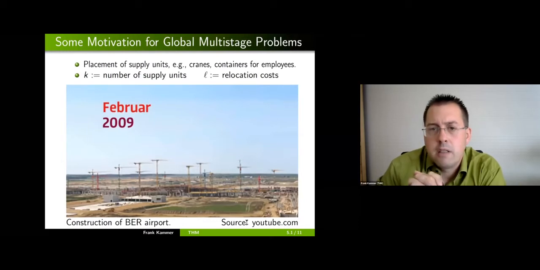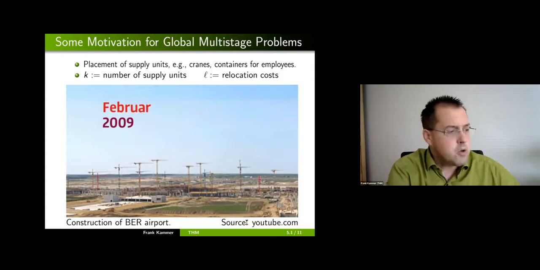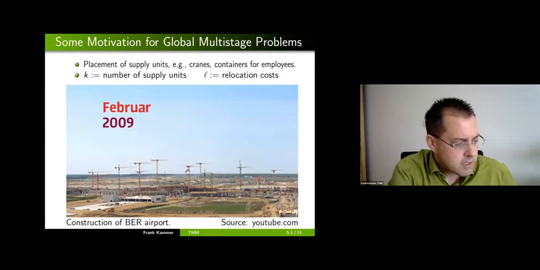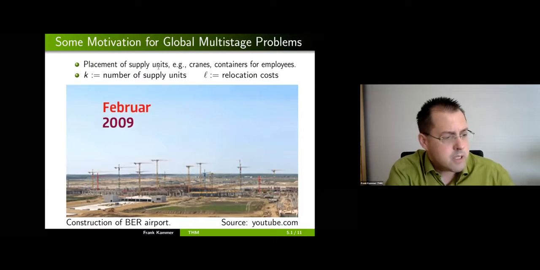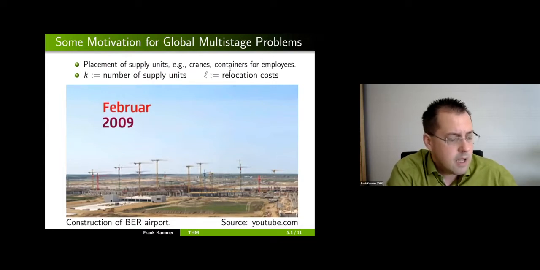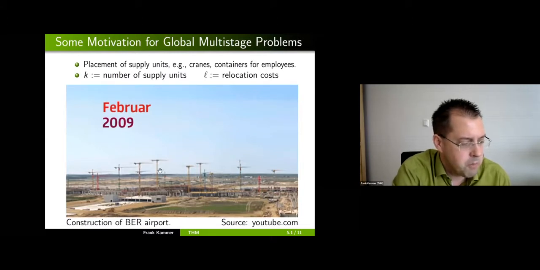Before I present our new results, let me give some motivation on the problem. Assume we are on a construction site, and the goal is to place supply units such as cranes for the construction or containers for the employees. Here I took a photo from Berlin Airport, where if you focus here where my mouse is, we see